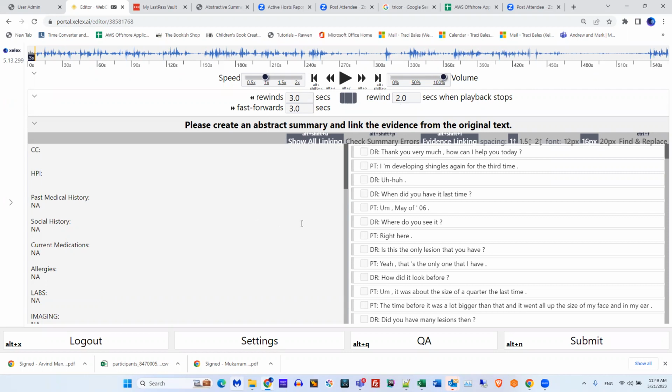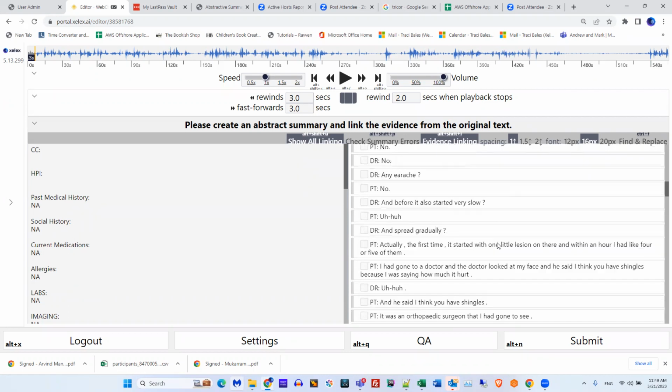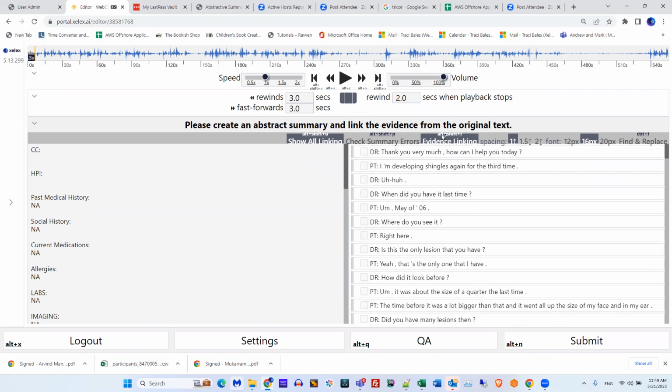Okay, so once you get a file and you've figured out the hotkeys or the player, then you just need to start. You have the audio at the top and the raw text on the right. I like to link my evidence as I type it because I think it's more efficient, but you can do it however you want. The bottom line is everything that you type has to be linked to evidence. If it isn't, we send it back to you and make you link it anyway. So go ahead and do it the first time so that we don't have to send files back to you.